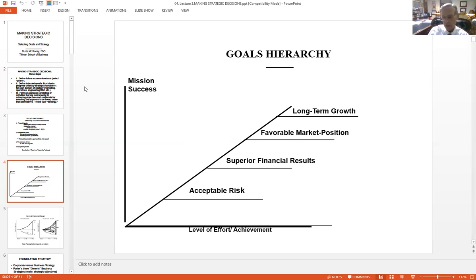In the long run, most textbooks will tell you that for a company to make it, its financial results need to be superior. Otherwise, it'll fall by the wayside during a shakeout of some sort or another. So we need to have superior rates of return, and acceptable cash flows. And we need to have those before we put higher priority on market position, because what can happen is, as